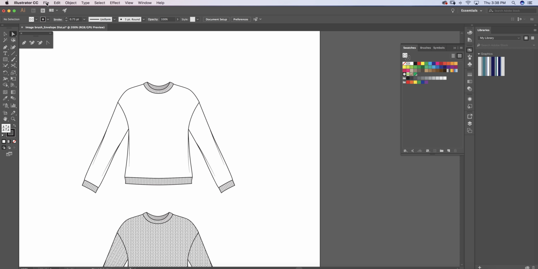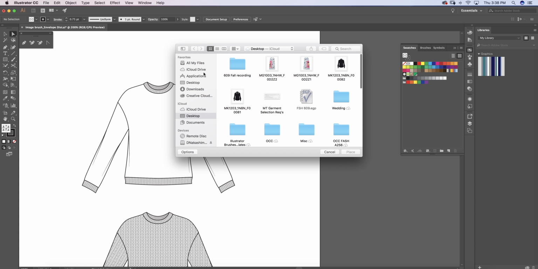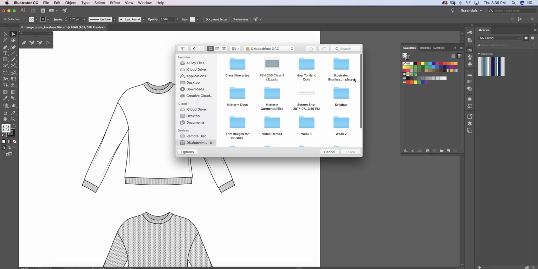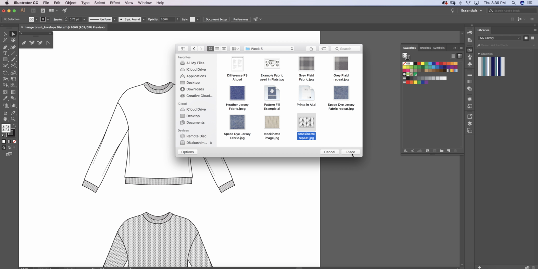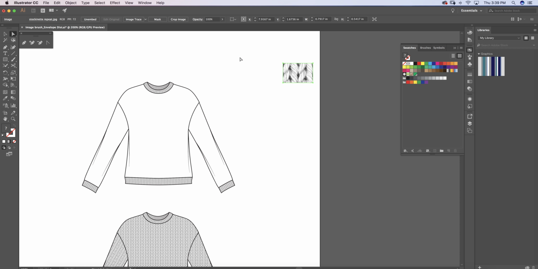The first thing I'm going to do is place my pattern into the document, and we will find it in, I think, week 5. Here we go, and I'm going to place that. It's already embedded, so I'm going to drag it over here. And then to start my Envelope Distort, I'm going to take the rectangle tool and draw a rectangle